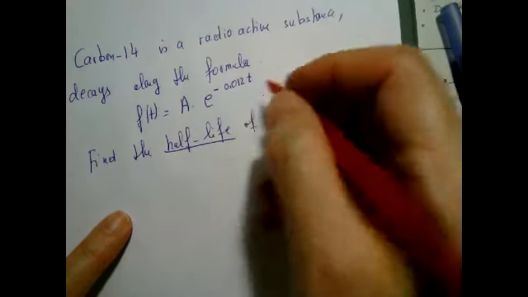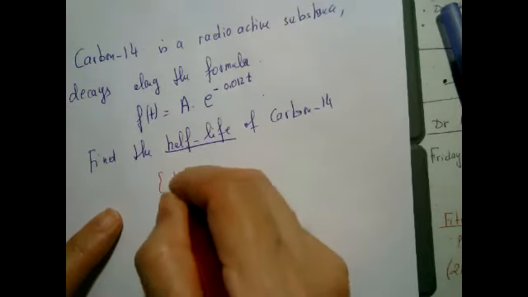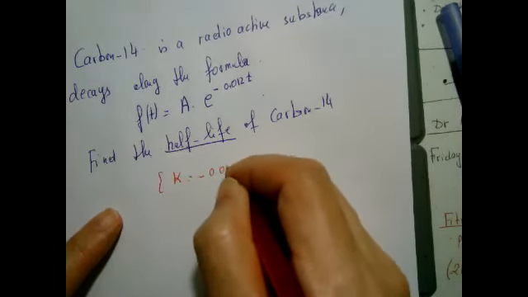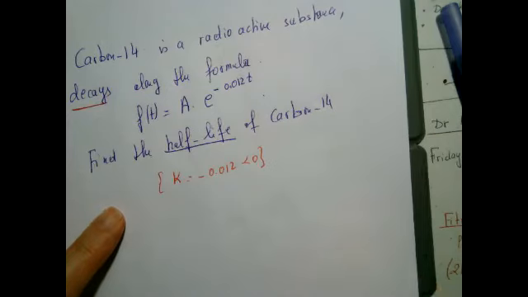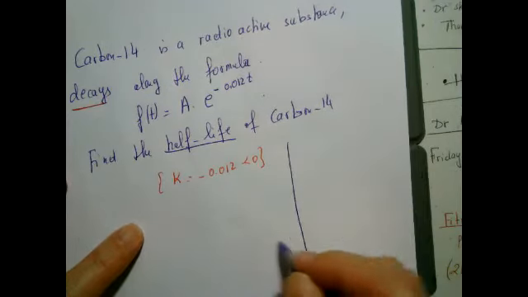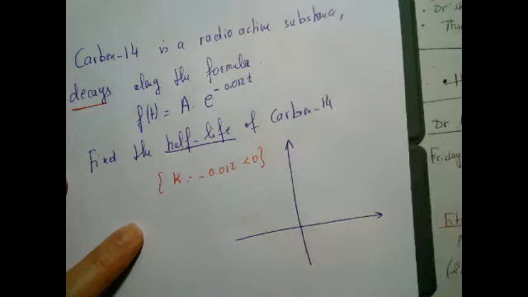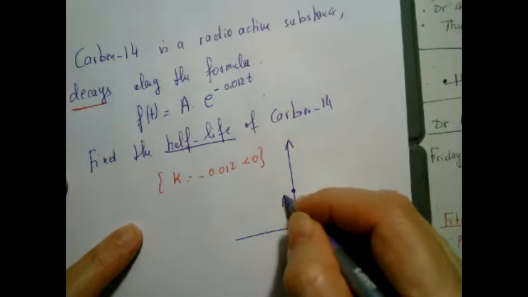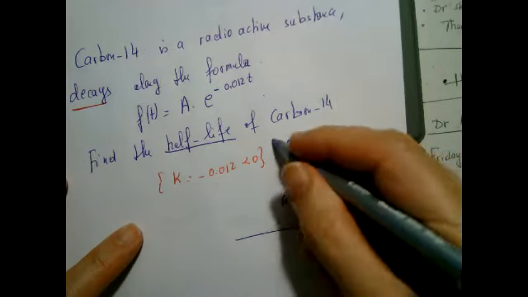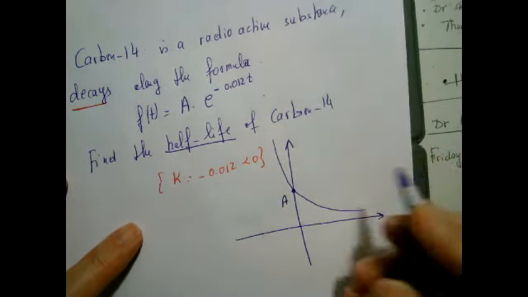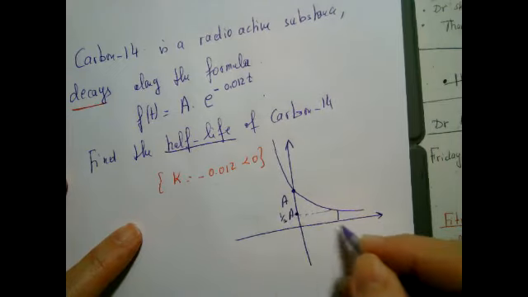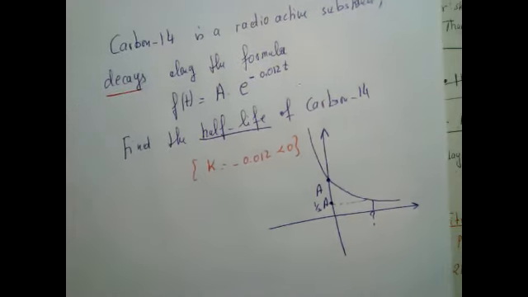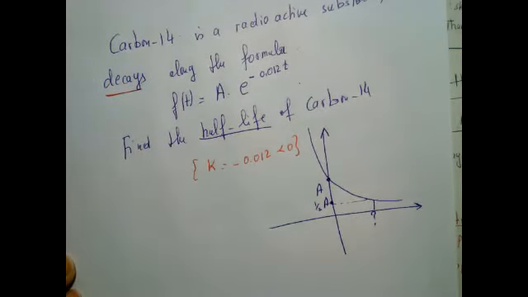So first here, let us notice that in this problem, my k is negative 0.012. It means we definitely have a decreasing function. So here we have a chemical product, carbon-14. It starts at some value A. And my question is, how long does it take for it to become half of what it started with? That's really my half-life. So let's put this down. So what's my question here? We need to find the t